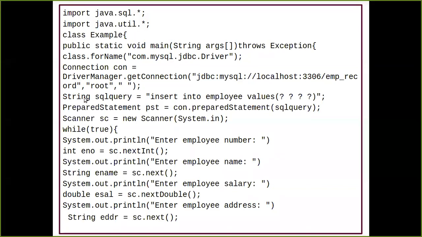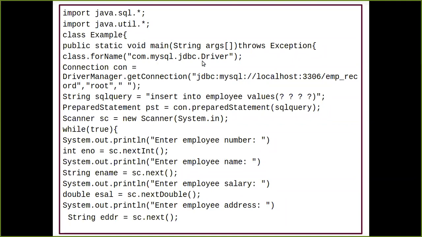The number of times we are going to see the examples, all these things are going to come again and again. That is the only way we can understand and just remember what method we can use over here. So Class.forName is a method for registering the JDBC driver of your database.